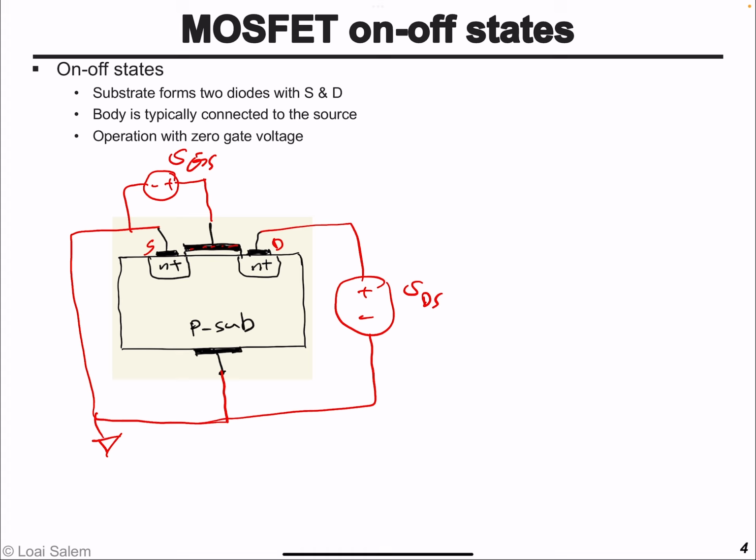Essentially, electrons will start to be pulled from the source, most of them from the source and some from the drain, gradually, until enough electrons are accumulated underneath the gate. When the number of electrons that keep accumulating reaches a certain critical number, this region which we call the channel, the region that's being filled with electrons, reaches the point where it starts to conduct or cause a short circuit between the